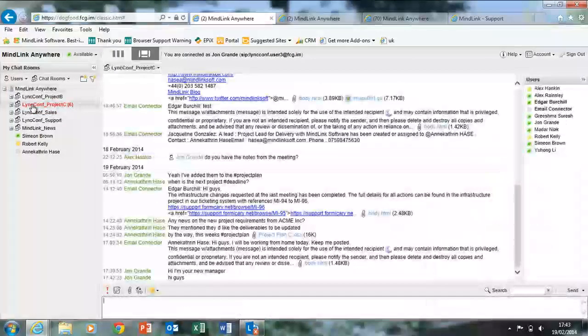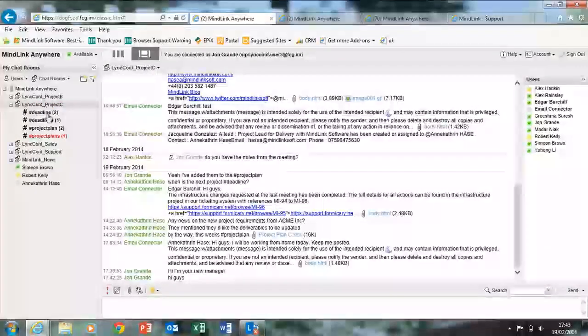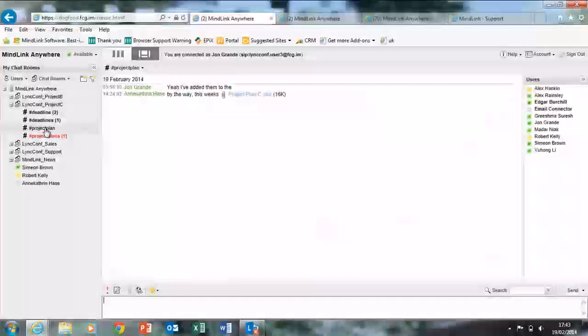We've solved this problem with the hashtags paradigm from Twitter, basically. If I expand one of these chat rooms here, it will show me hashtags for the various streams that are going on. If I click on one of these, it will show me a filtered view of the chat room content with just the messages that match that hashtag. So if I reply now into this project plan stream,